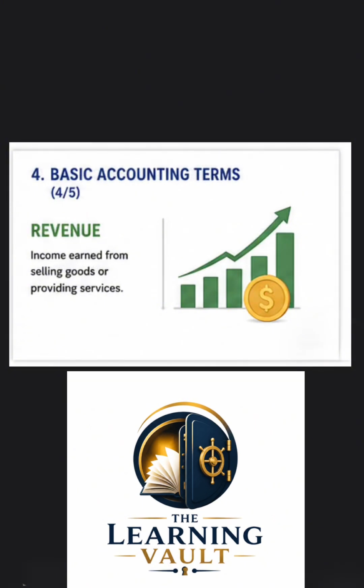What is a revenue? Definition. Revenue is the income earned from the operations of a business through the sale of goods or services. For examples: sales revenue, which is generated through the sale of goods; service revenue, which is generated by providing services; commission income; and rental income.